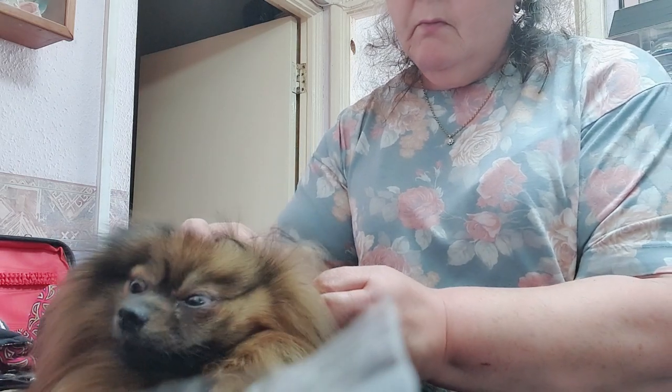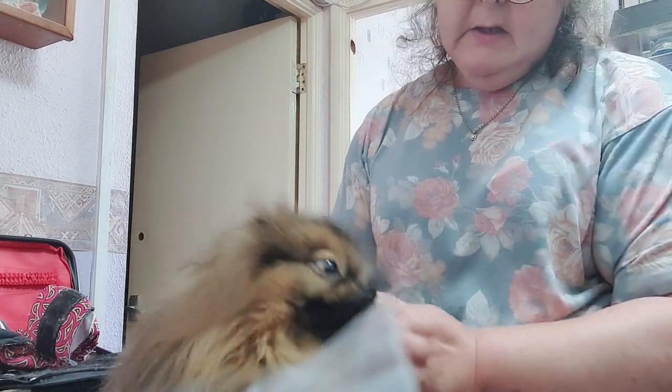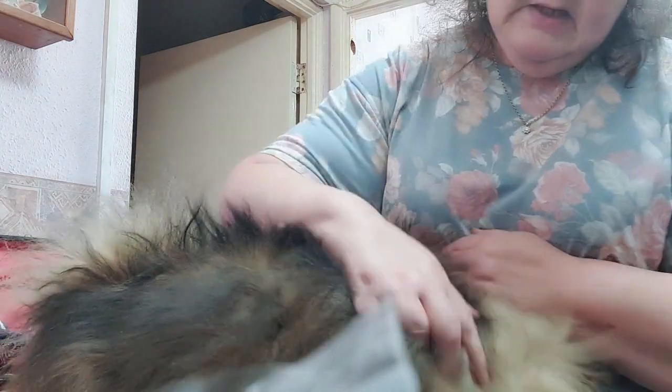So just one more. I just found another bit of a mat. He's terrible. He hides them from me. There we go. But he's going to have a bath today, so I want him mat free and preferably as much undercoat out of him as possible, because when they're wet and you try to dry them, this loose undercoat that is just sitting in the coat will mat up,